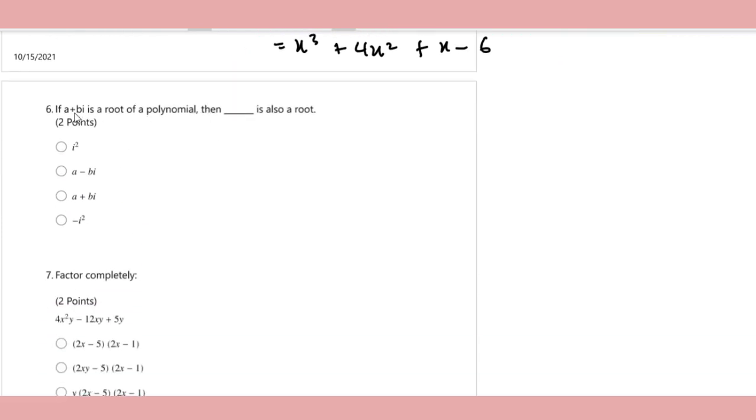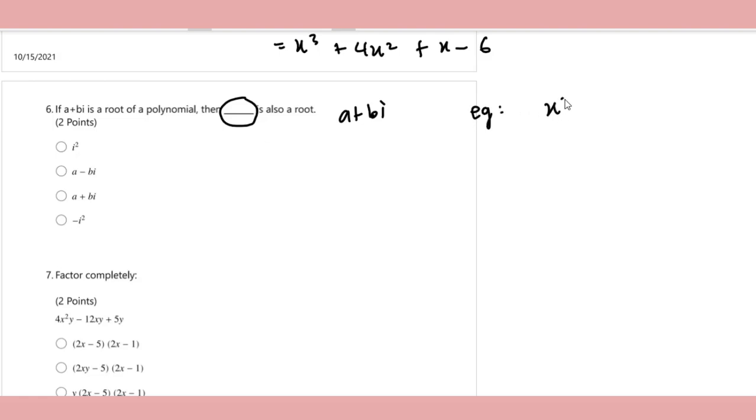Number 6. If a plus bi is a root of the polynomial, then something is also a root. Okay, so for example,